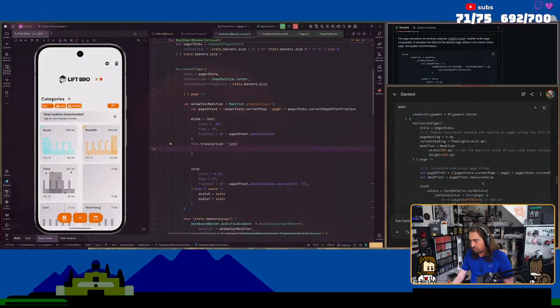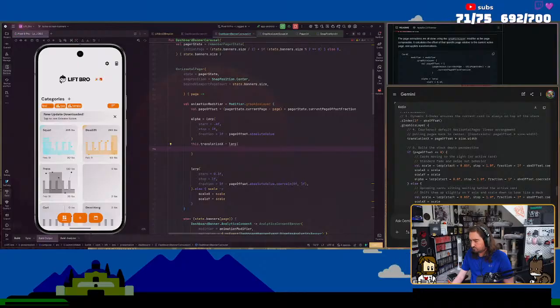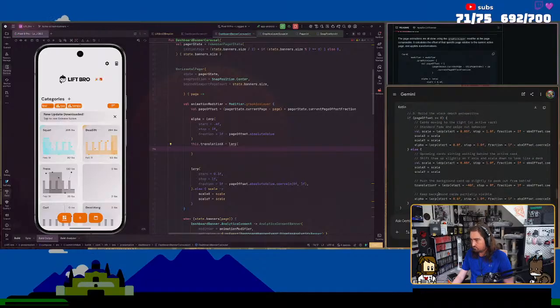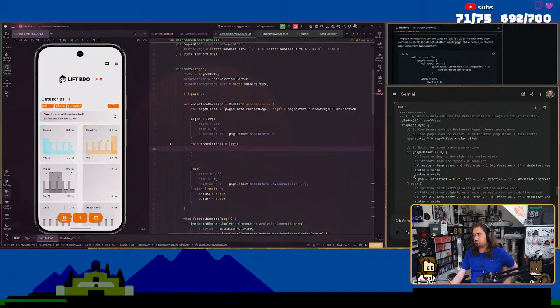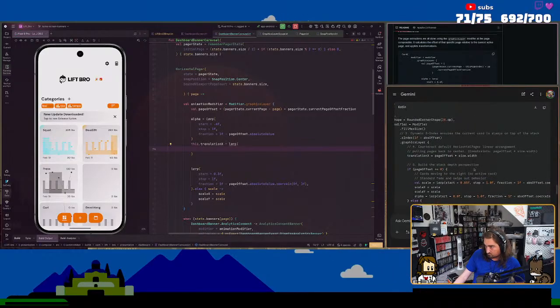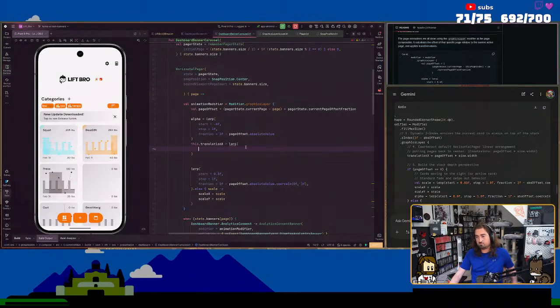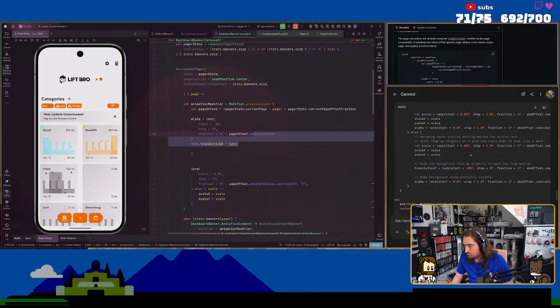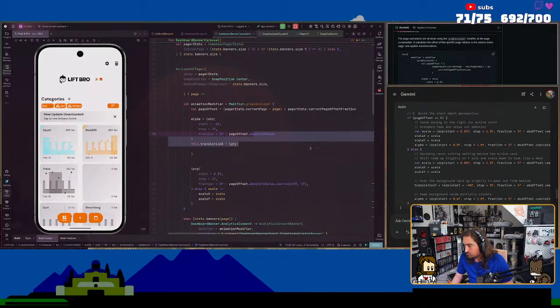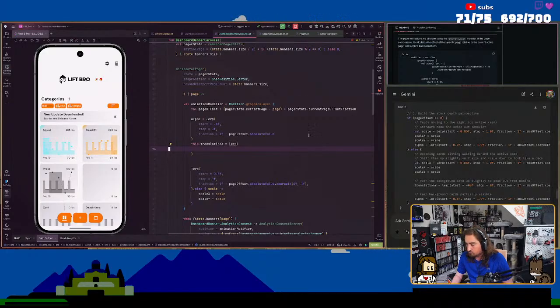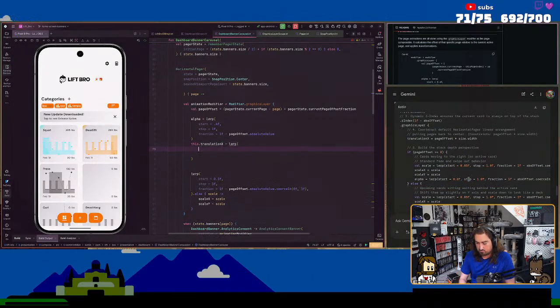So for translation X, what does this do?